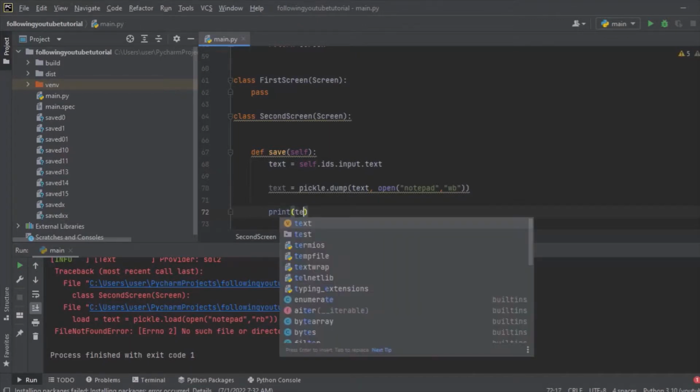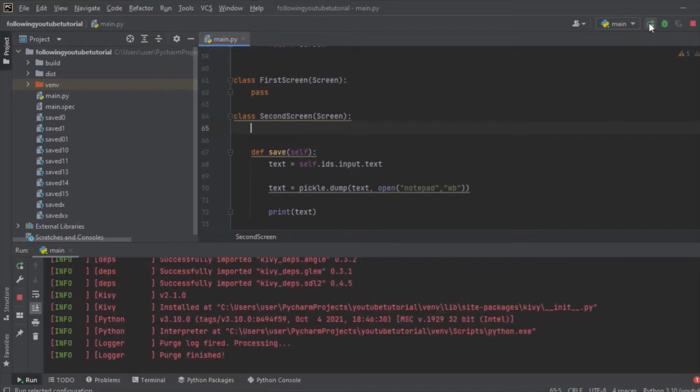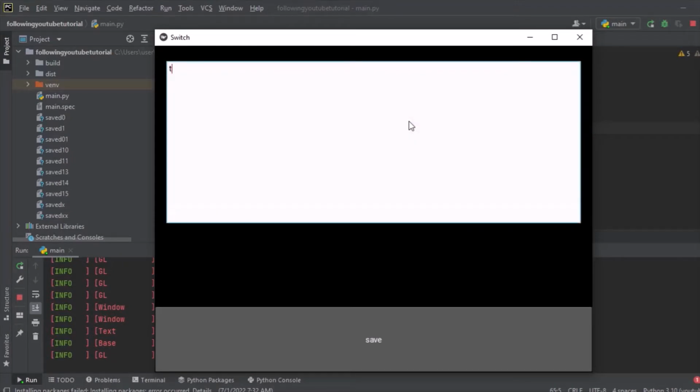So I'll show you something right over there. The loading we need to clear. First of all, let's work on the saving part. Let's see if it will work now. Notepad. Let's write the note, my notepad. Let's write it correctly. Once we've written it correctly,